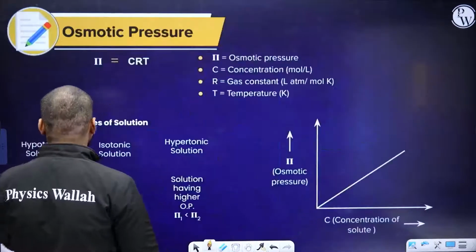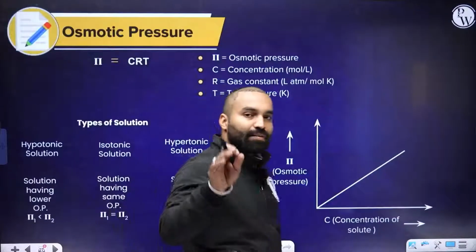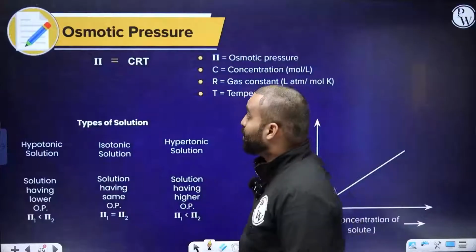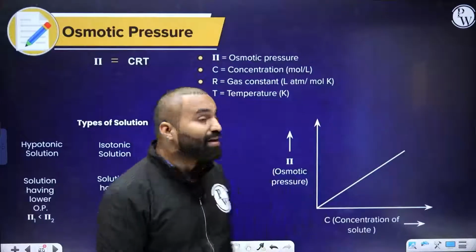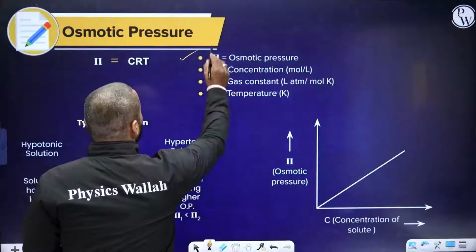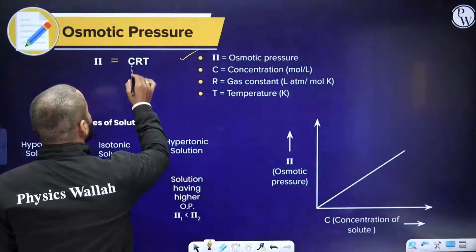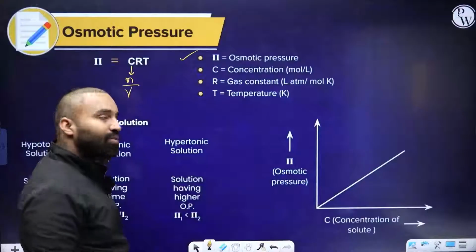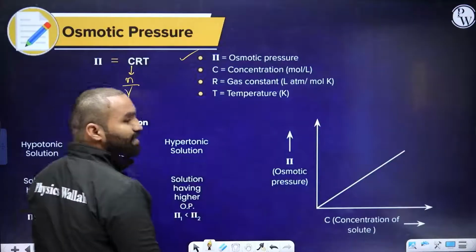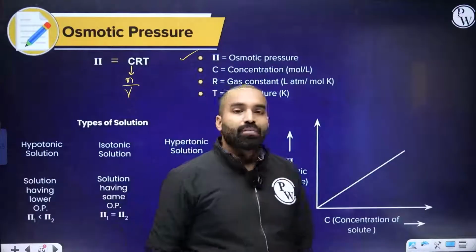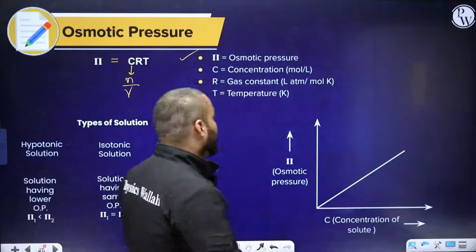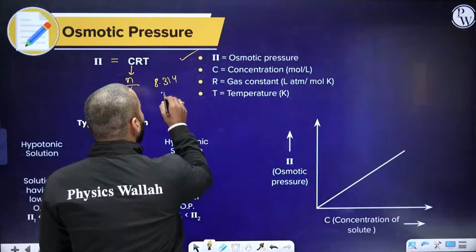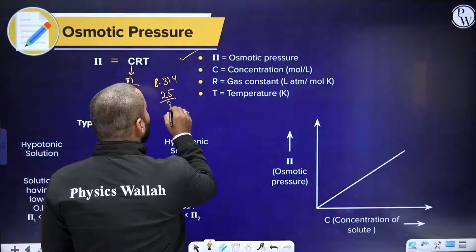Okay. Now, the last and most important colligative property is known as osmotic pressure. Pi is equal to CRT, where pi represents the osmotic pressure. C represents concentration. Concentration can also be written as number of moles divided by volume, that is, molarity. And R is the gas constant. Generally, we use R in liter atm, that will be 8.314,